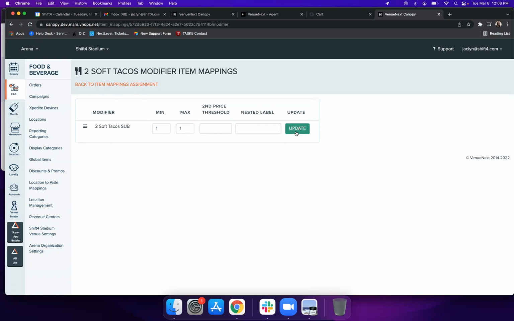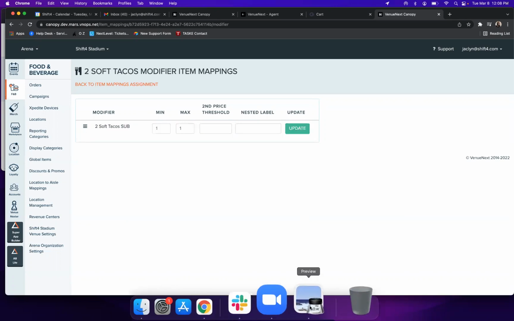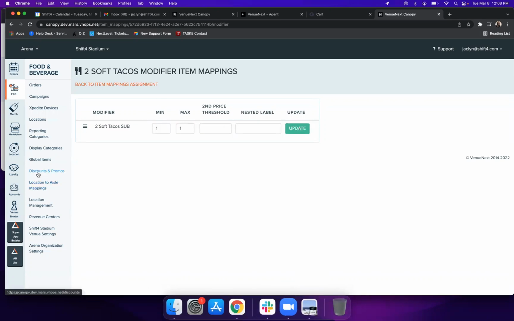So we're going to do save. So I'm making a make a taco. I'm going to hit update and save. So we added the item. And then to Jim's point with tax, there is a step in Canopy that is super